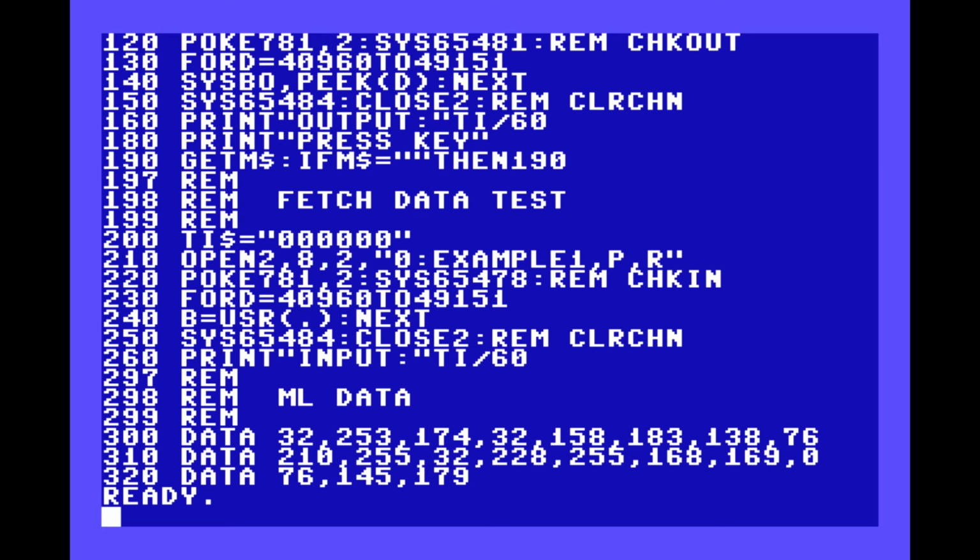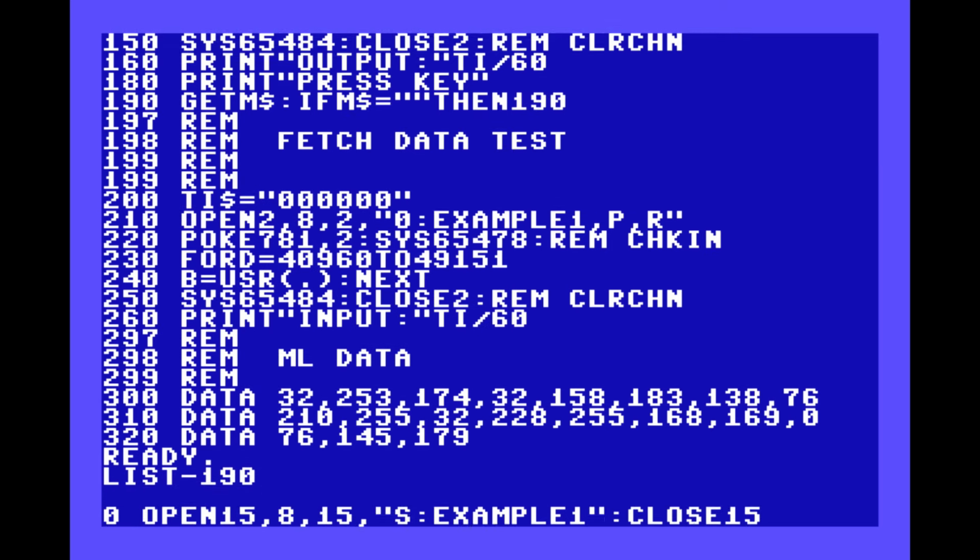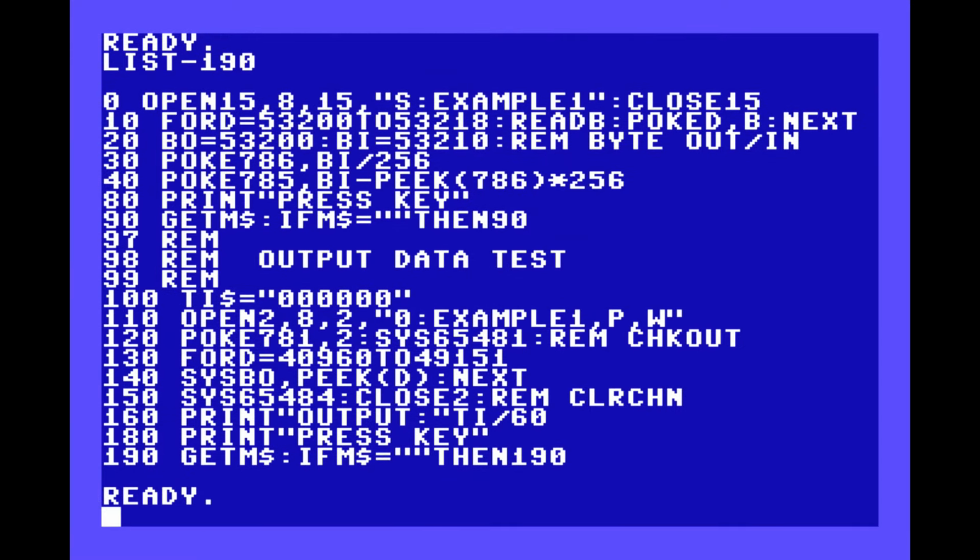And I'm going to list through 190. And let's get a look at the start of our program. In line 10, we poke the machine language code to memory, starting at location 53200. There are only 19 bytes between the two routines I've created. That's actually quite small. Line 20 shows that the byte out routine starts at location 53200, and the byte in routine, BI, starts at location